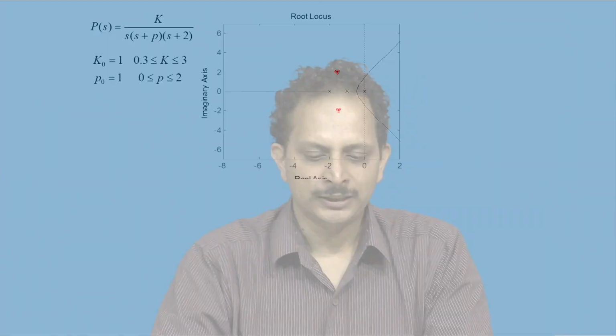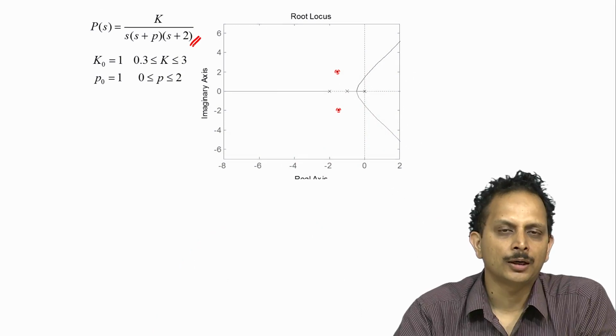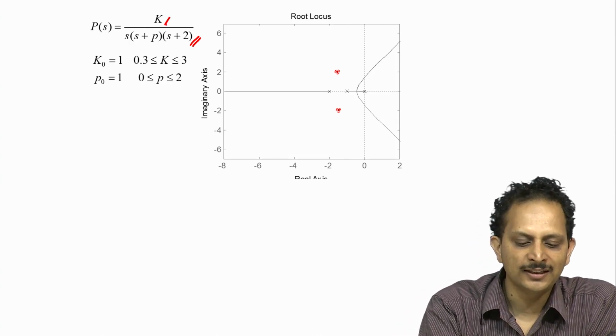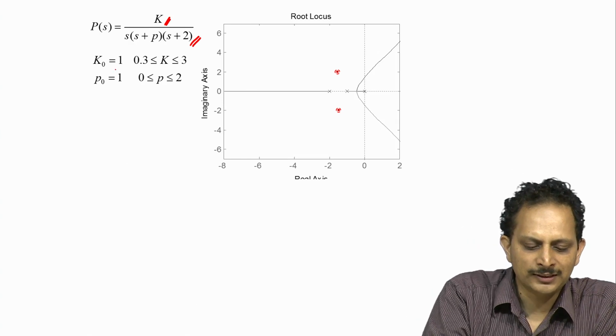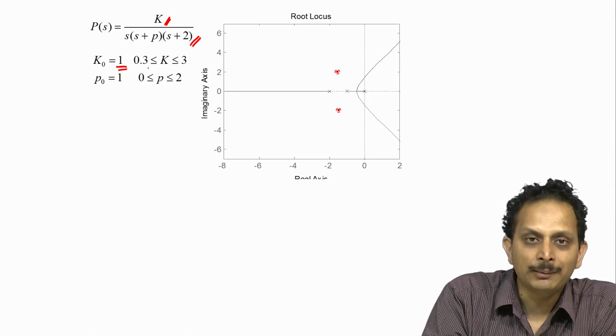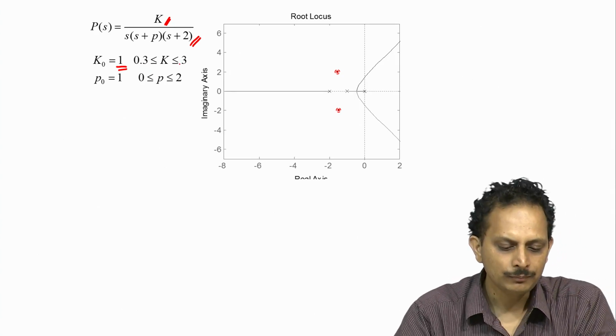So the problem statement has been indicated on this slide. We have a plant which is uncertain, and if you recollect, this plant is very similar to the plant that we considered when we were undertaking 2 degree of freedom control design using the root locus. So the plant has an uncertain gain k, and we assume that the nominal value of this gain is k naught equal to 1, but it can vary by a factor of 10. It can vary from 0.3 to 3.